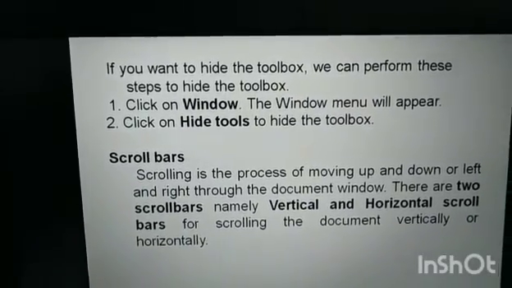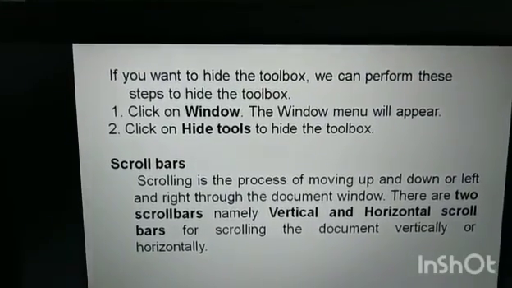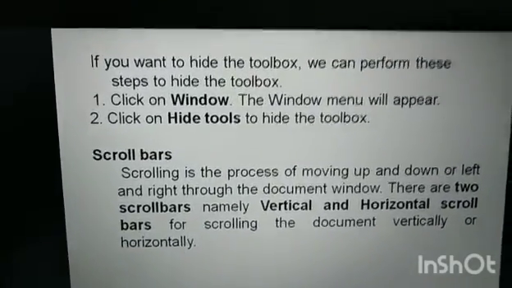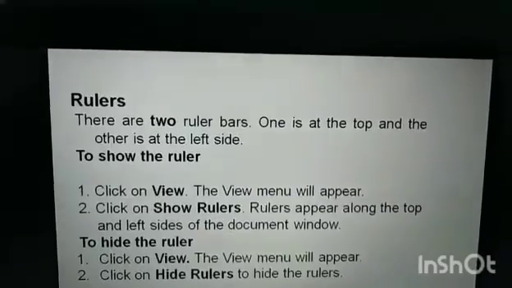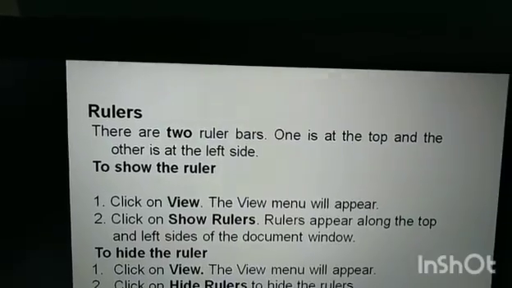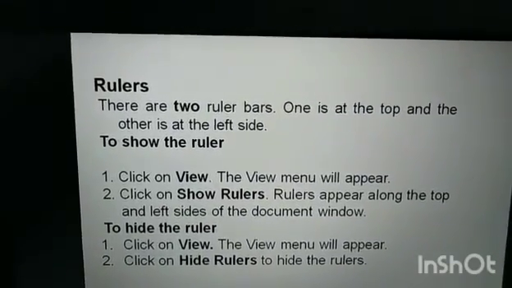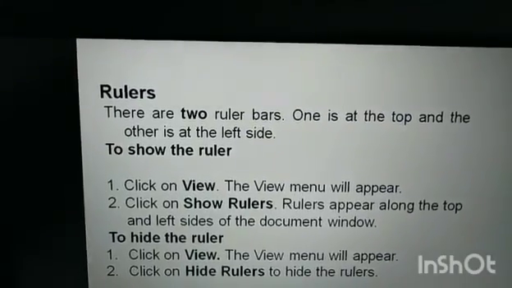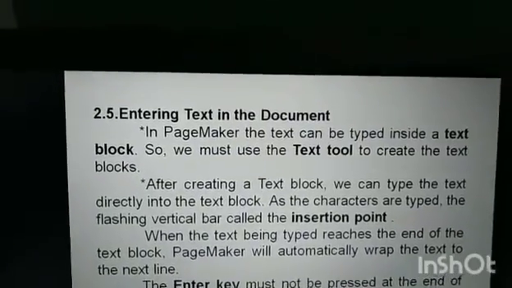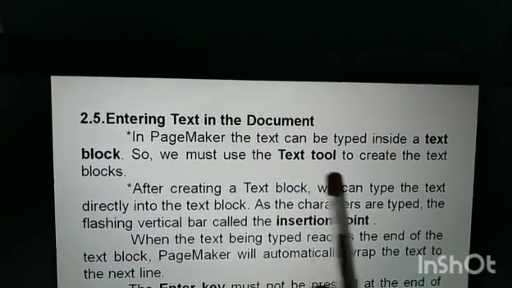There are 2 scroll bars in PageMaker, vertical and horizontal. There are also 2 rulers, one at the top and another on the left side. If you want to show the rulers, use the View menu and show rulers. Entering text means we insert text using the text tool.